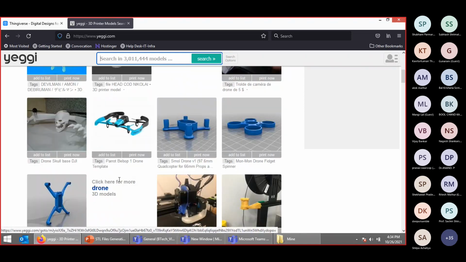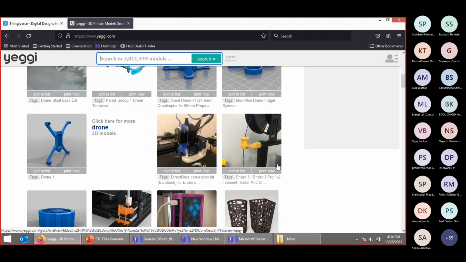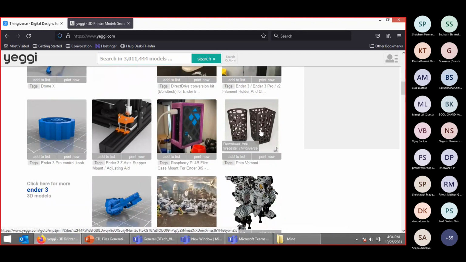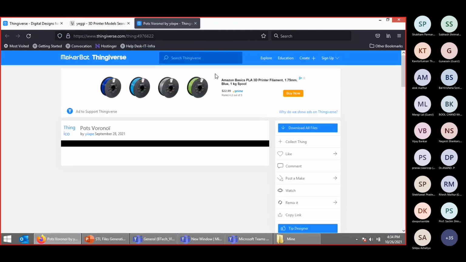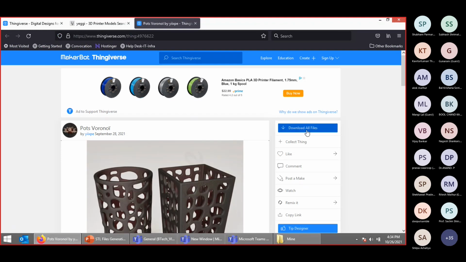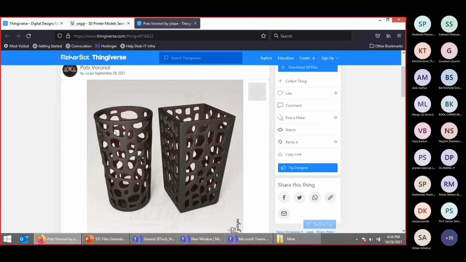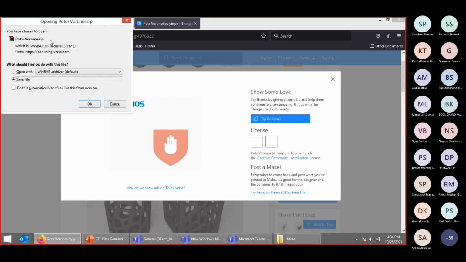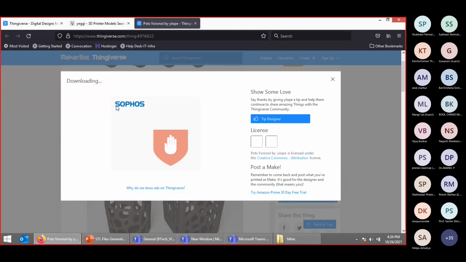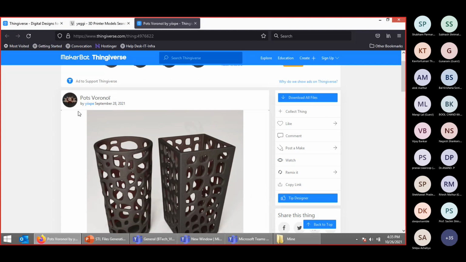Like, you want to generate this, so easily you can search here and see. When you click on this, it will provide you Thingiverse. You can download all files from here. This is an STL file. In this you will get the STL file of that, so you can use that STL file here.